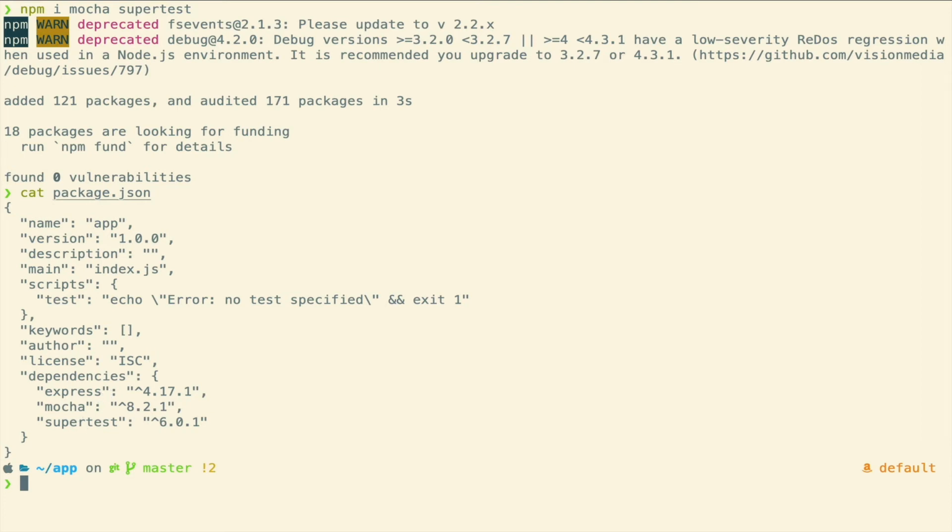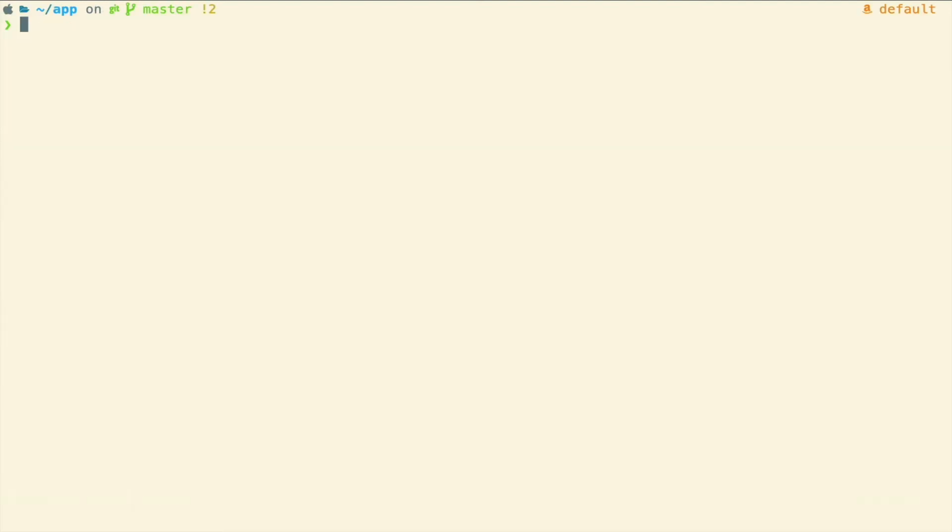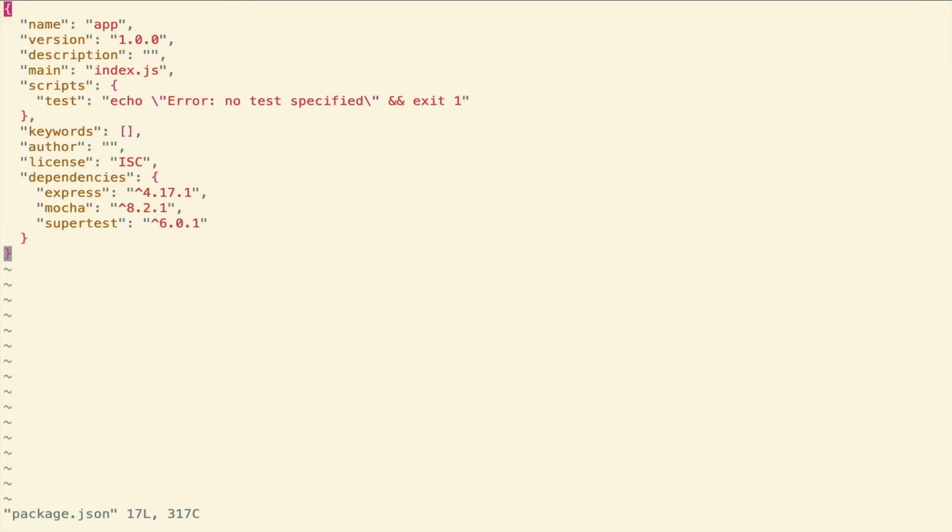So whenever you run npm install, those two dependencies will be installed along with Express. Alright, the next step is to modify this package.json so that it contains a test step. So I'm going to go to this file and go to test, and instead of echo error no test specified, I'm going to just remove this line and replace it with